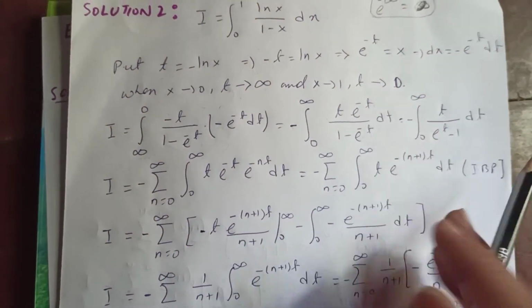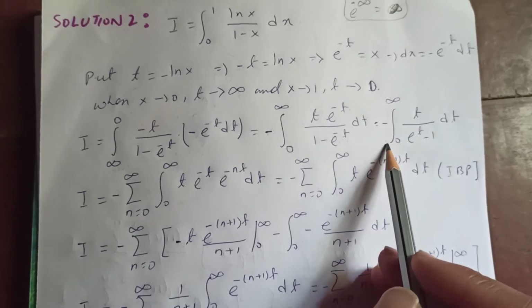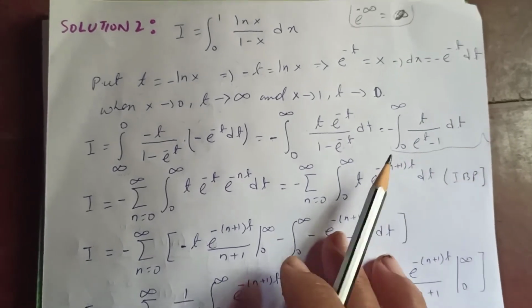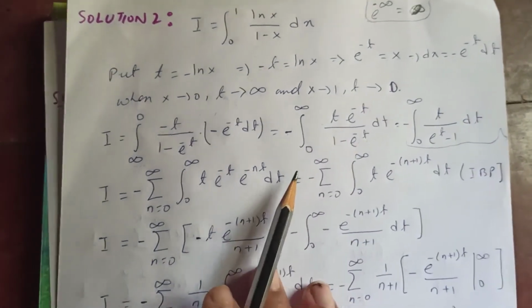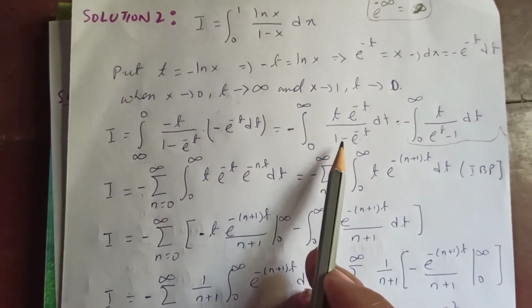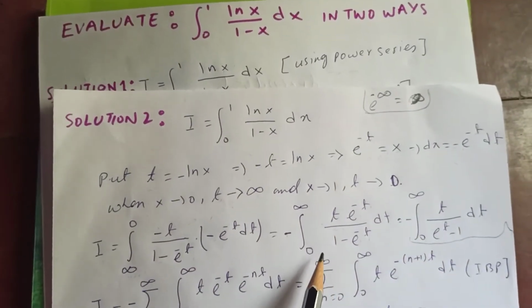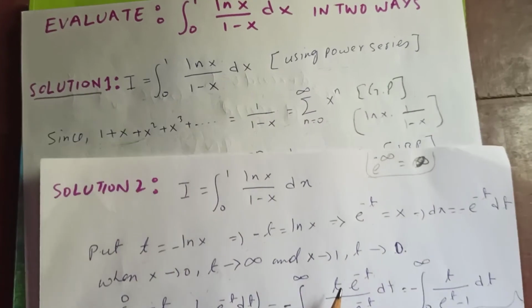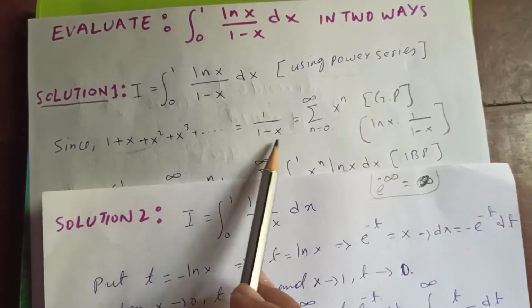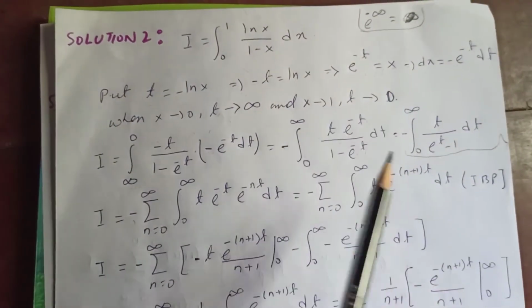So this is just to show that I have calculated in the previous one. Don't mind that. We are going to start here. Minus, we are going to use the geometric series again, right? Here the same thing: 1 over 1 minus x is this guy, right? We are going to use that.